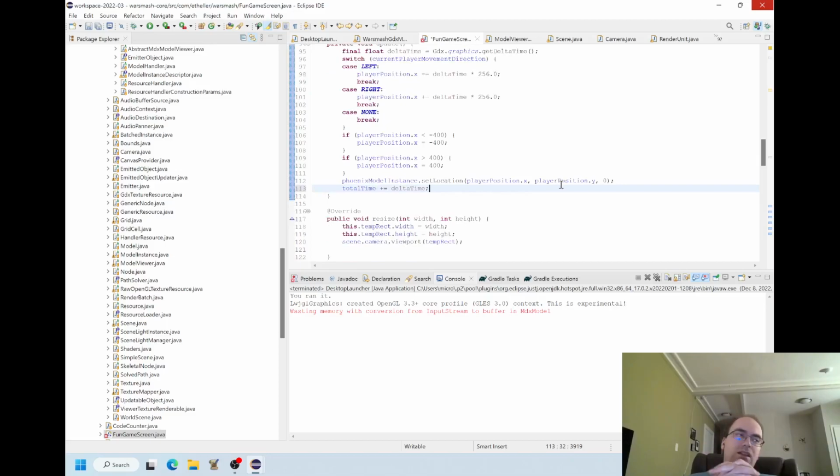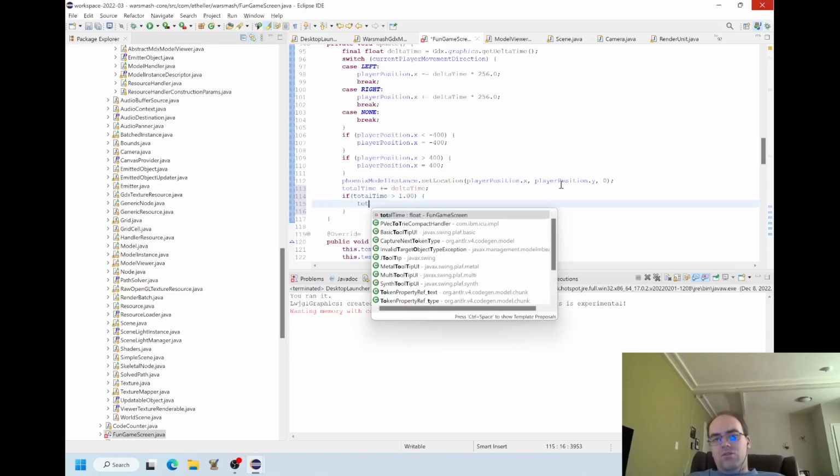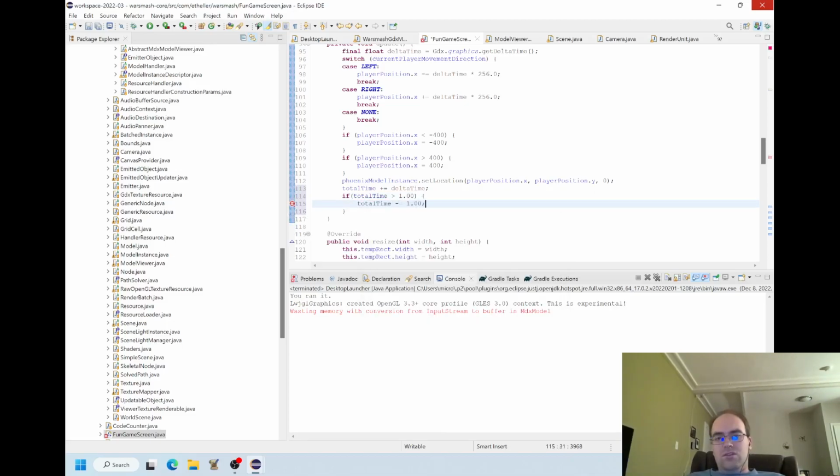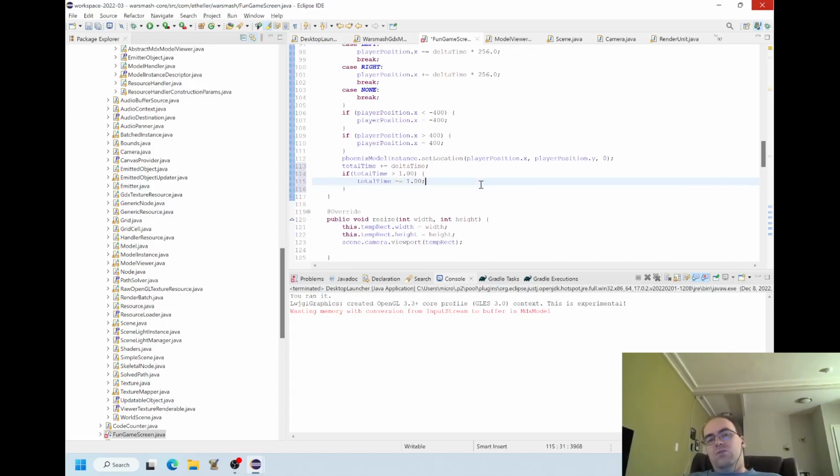We're just keeping track of how much time has passed. And then we could say, if total time is greater than 1 second, then total time minus equals 1 second, reduces by that 1 second. So essentially, whenever it's been a second or so, we'll count it down.